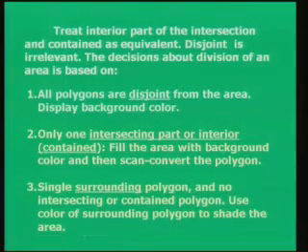What do you do when you have an overlapping case? If you have a single surrounding polygon and no intersecting or contained polygon in it, use the color of the surrounding polygon to shade the area. That is very simple. Okay. So, the subdivision has not yet come, we are looking into scenarios which we can handle without subdivision of an area. These are simple cases. Okay. So, we have talked of disjoint earlier, contained and intersection under one category.